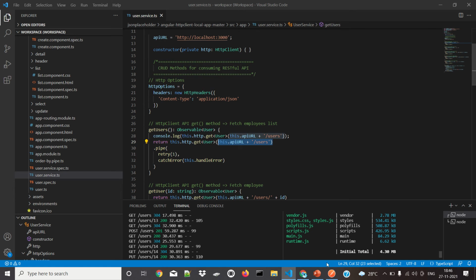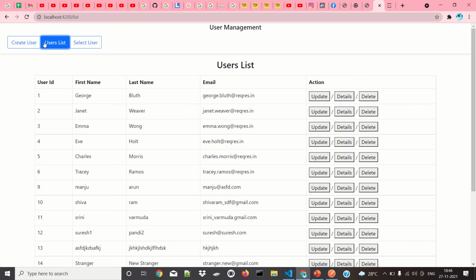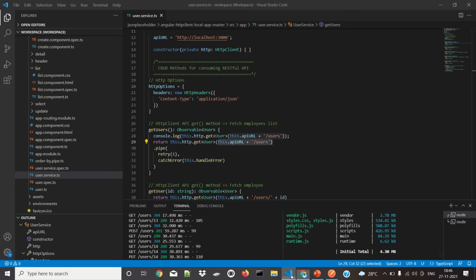So all the data are coming. That's why if we are seeing this user list, we can see all the data. Okay, that's how it is working. And then I have piped. This pipe is for piping all the statements inside it. I use this pipe particularly for including all the error statements alongside.